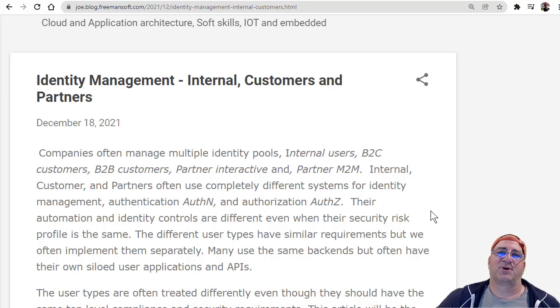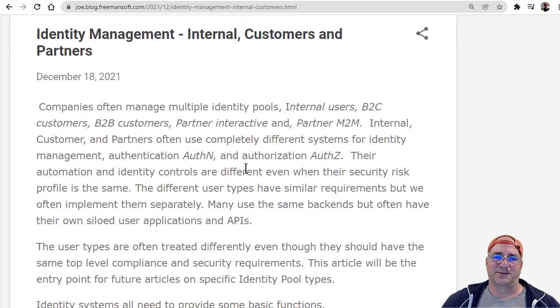Companies could be super small or they could be enterprise size. And so those actually overlap a little bit with B2B customers. And then you've got partner people and partner machines. And that's where we integrate two companies with APIs and software talks to software. A lot of times those identities are managed completely separately from human partner identities. And so we'll talk about that a little bit.